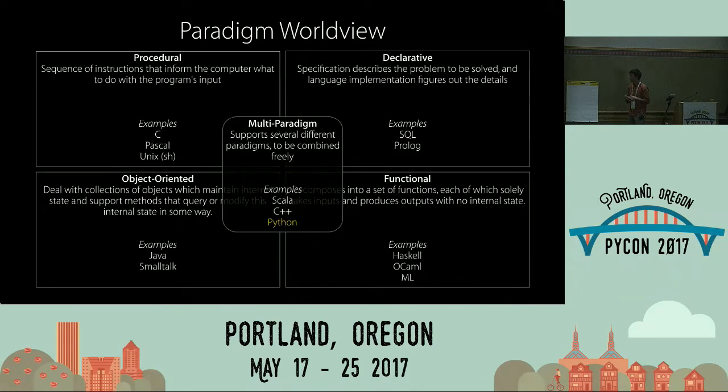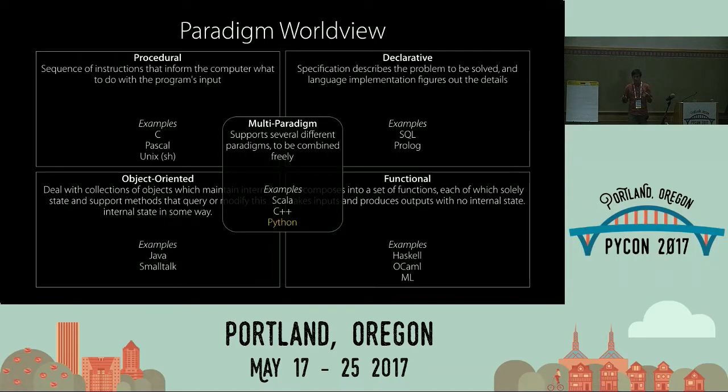And Python and some other things kind of land in the middle. They give us utilities from all of these different ways of thinking. When I say a Pythonic way of thinking, I think that's a little dangerous because there's no one place where Python says, this is the only way you can possibly think about solving a problem. But because Python draws from so many different paradigms, building on the shoulders of lots of different explorations, it gives us utilities, some of which look a little more functional, some of which look a little more object-oriented. So when we say Pythonic way of thinking, we mean being aware of all of the different approaches to problem solving and using the one that's best for the job.